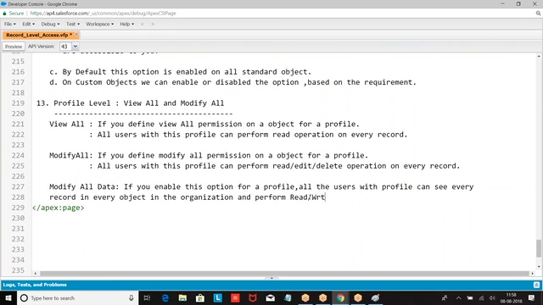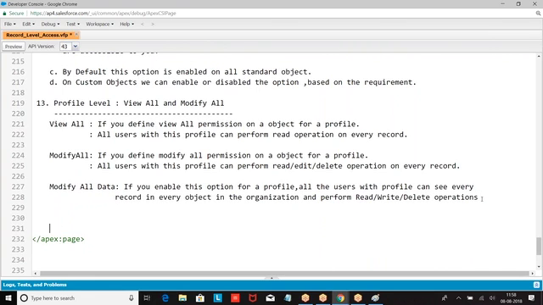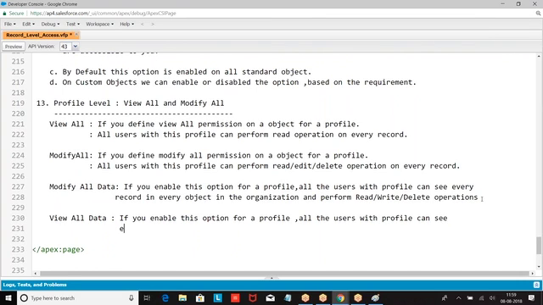You enable this option. All the users with this profile can see every record in the organization and can perform read operation.